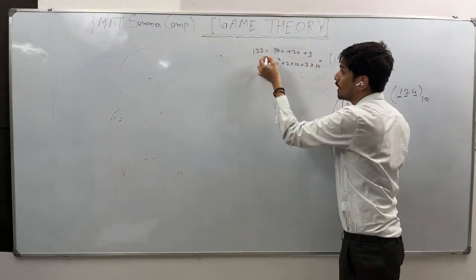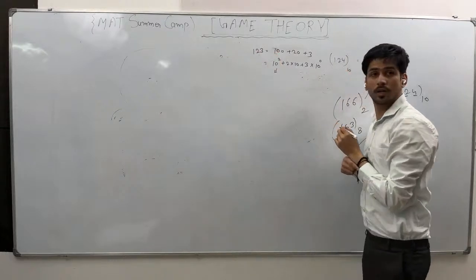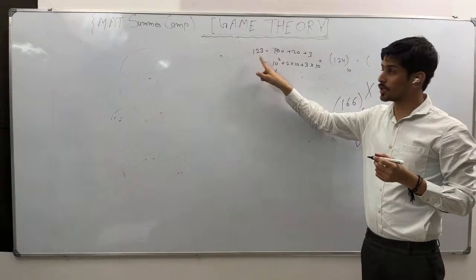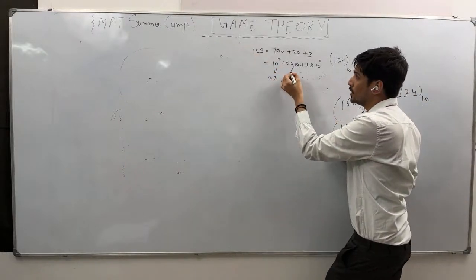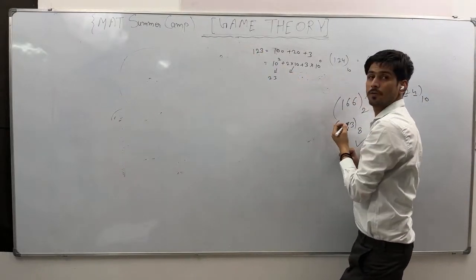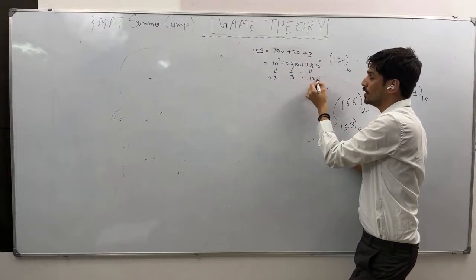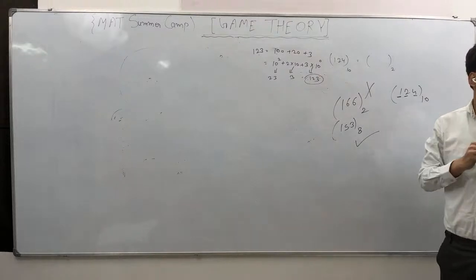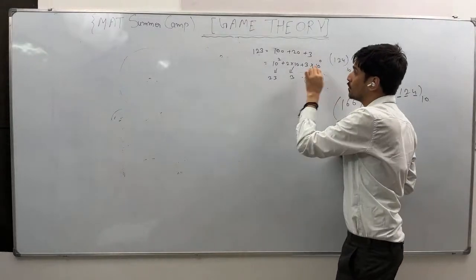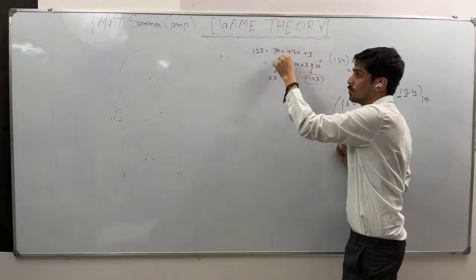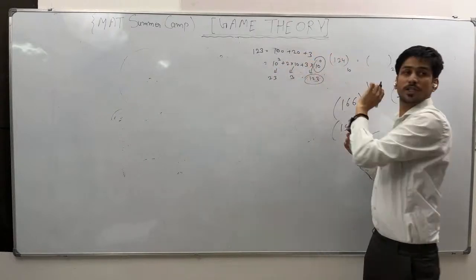You see, if you divide this number by 100, what happens? If you divide by 10 square, that is 100, 23 is coming, right? If you divide that number by 10, what is the remainder? 3. So at any base, if you want to write, you will write in terms of the base power something. So 10 power 0, 10 power 1, 10 power 2, because here the base is 10.